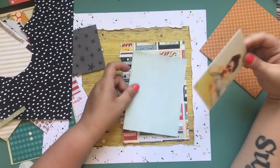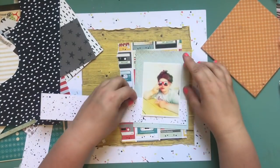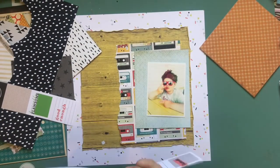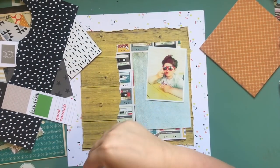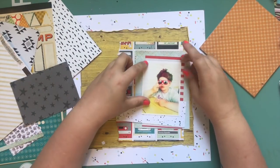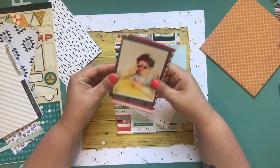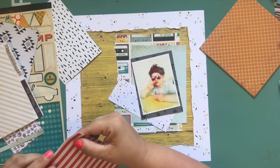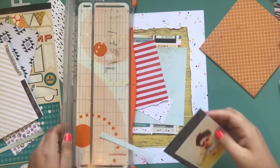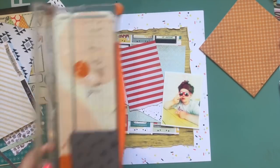So I went into my stash of smaller papers, and as you can see, I just grabbed whatever I could find that I thought would match well. I have some vintage looking products as well as newer stuff. The thing with Pink Fur Studio is their whites are white. They are a nice crisp white, which means you have to balance that if you're going to use some vintage colors as well. Like for instance, the paper that has all the audio tapes,